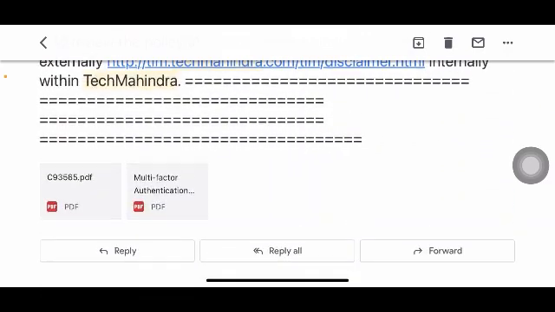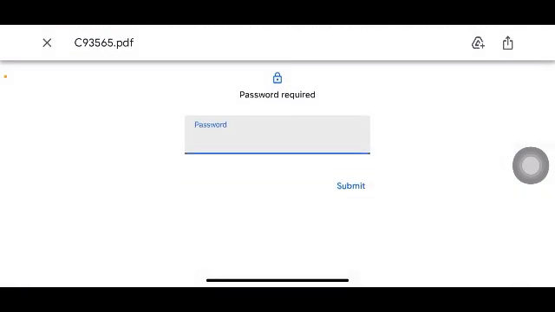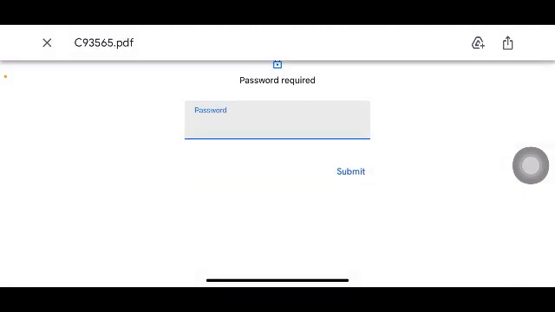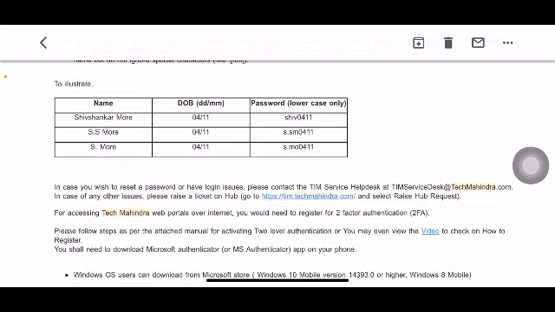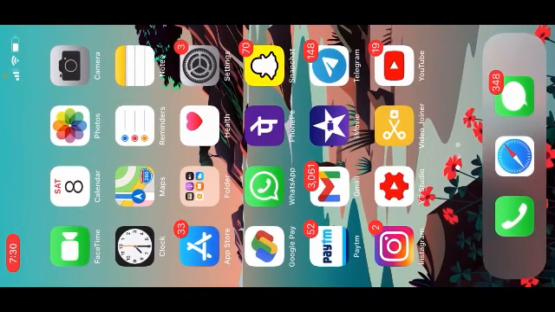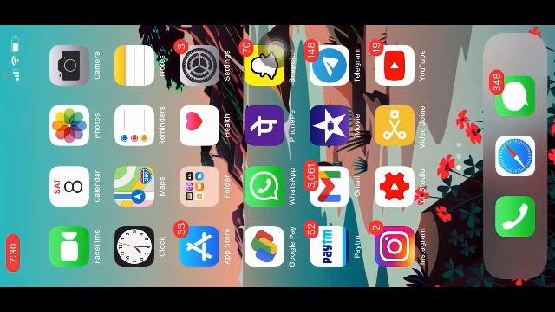Now after this, if you scroll down, you'll get to where you have to enter that password. On entering it here, you will get a file. In that file you'll have your LAN ID and your password. In order to access any of the sites, like any portal of Tech Mahindra, or to access any course, you have to first update your password. So how do you update your password? I'll give you a link in the description. Just click on that and you will be redirected to a page. I'll show you how that page looks.